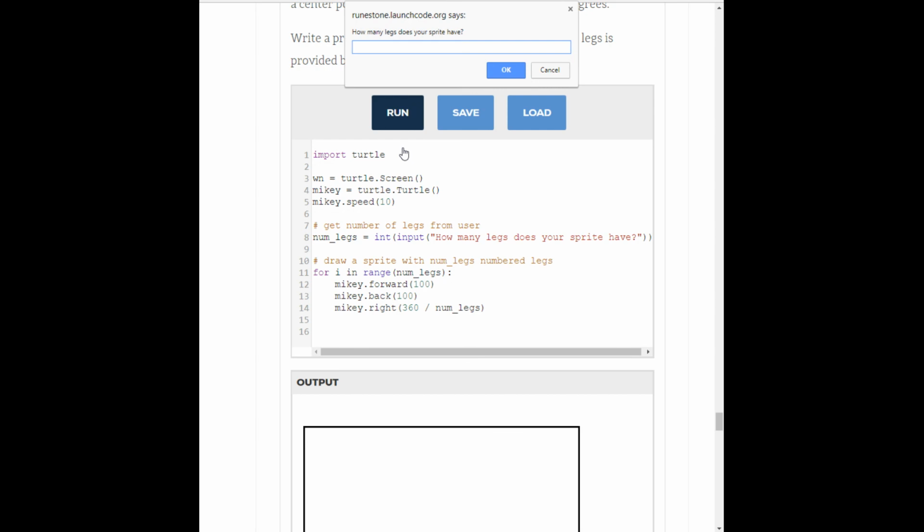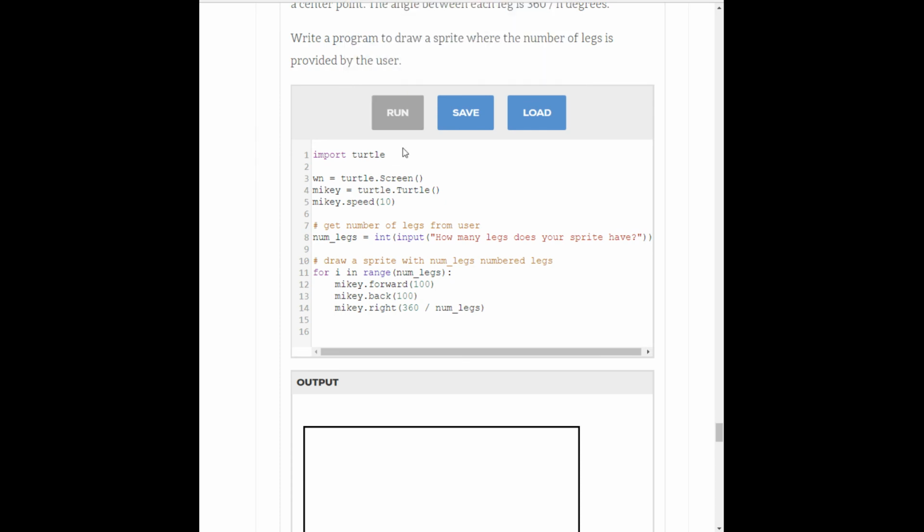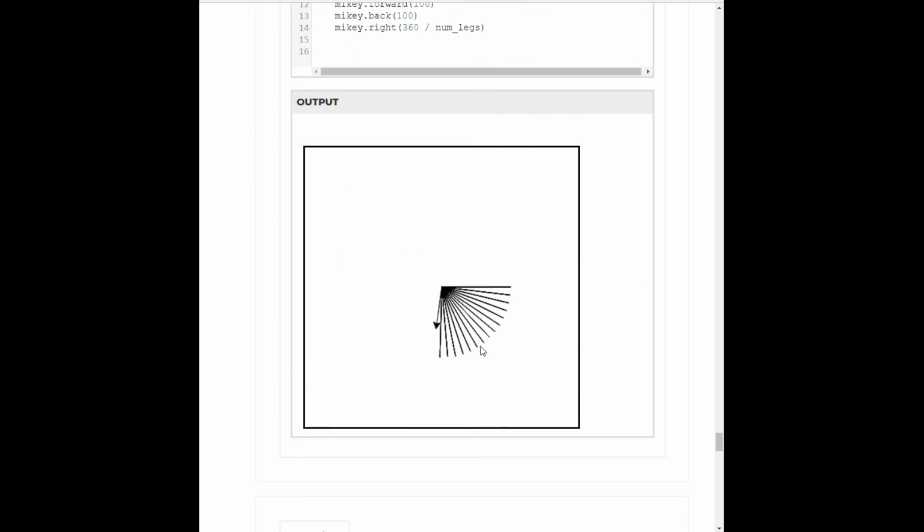Instead, let's have him draw a more reasonable number of legs. Let's see if we can get him to 55. So there you go. There's our sprite drawing turtle. He's doing a fantastic job. Goes forward, goes back, turns, goes forward, goes back, turns, until he's drawn an appropriate